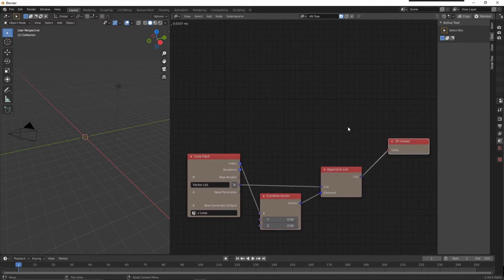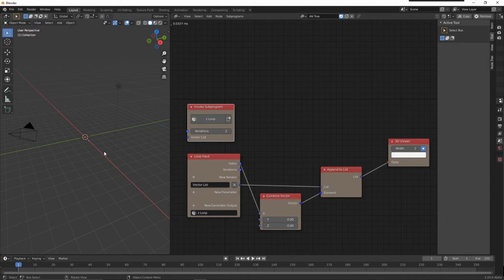So our loop is ready, almost ready. We just need to invoke or execute the loop. You see something is happening over at the 3D viewport. I'll increase the viewer width, and you see we've got 4 iterations. We got 4 vectors generated, and the positions are on 0, 1, 2, 3,